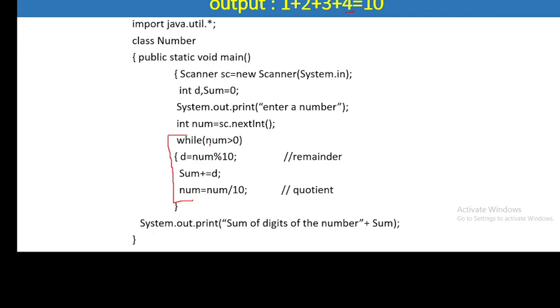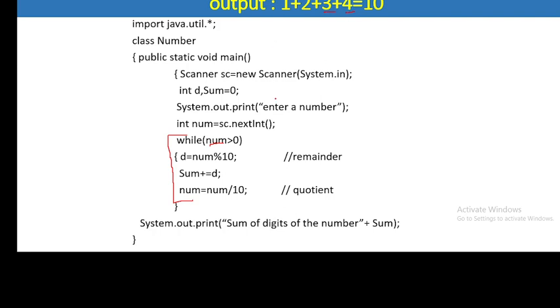So again it will check this number. 123 is greater than 0. It will again come to this loop. Now 123 will be divided by 10 and the digit which will be separated out will be 3 in this case. Then sum contains 4 and then 3 will be added. So now the value of sum is 7. This process will continue. Firstly the number is 1234, then it will become 123, then 12 and finally 1. This way, one by one, these digits will be separated out. First it will separate out 4, then 3, then 2 and then 1.